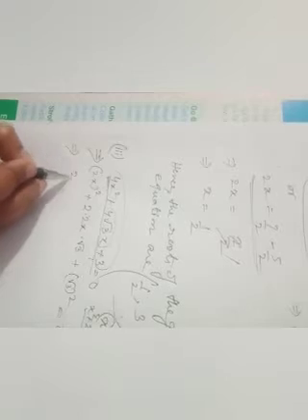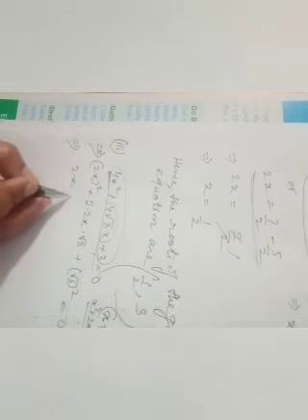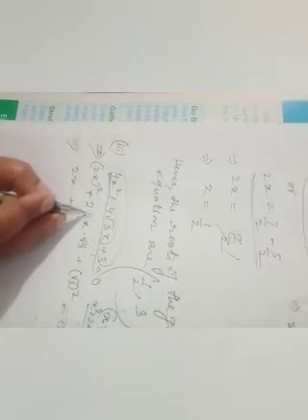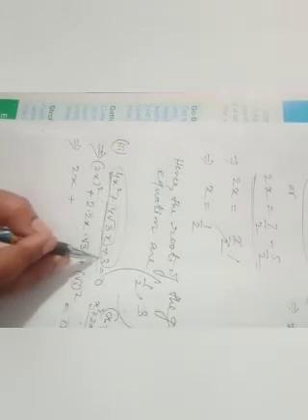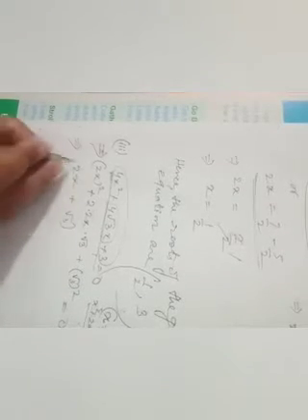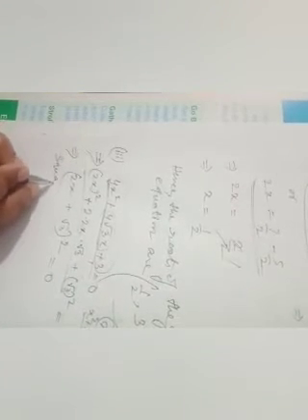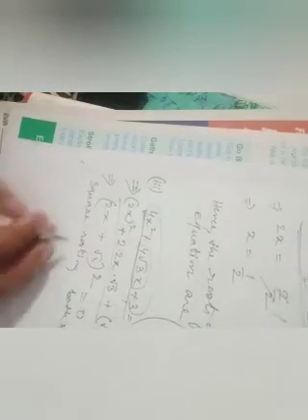So 2x is x now, and a is root 3 now. So plus 2 into 2x into root 3 is 4 root 3x. So already we are getting this, and root 3 whole square is 3. So here a is root 3, 2x plus root 3 whole square is this one. Okay. Now square rooting both the sides, we get 2x plus root 3.